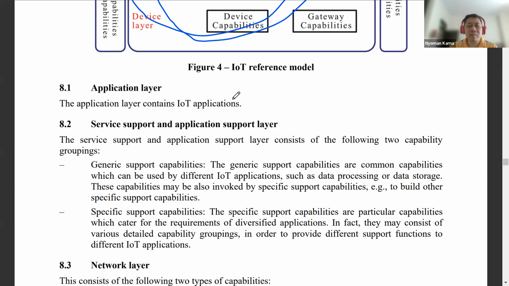Now, the service support and application support layer has two capability groups. The first one is generic support. Inside the generic support is data processing or data storage. So it could be processing data, or it could be storing data, etc. And for the specific support capabilities,